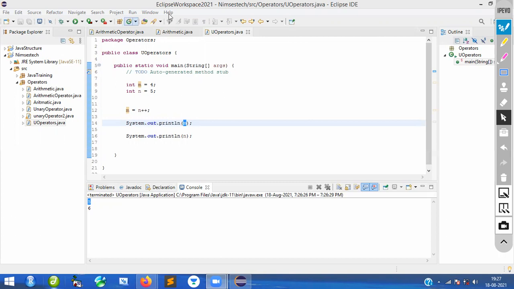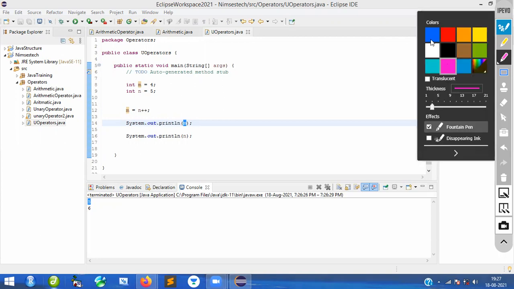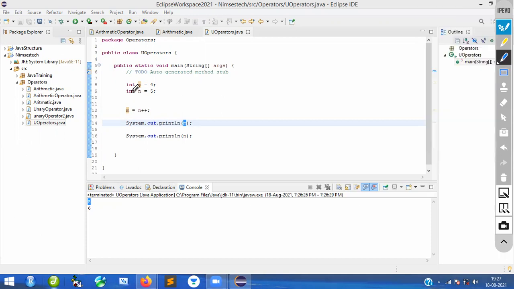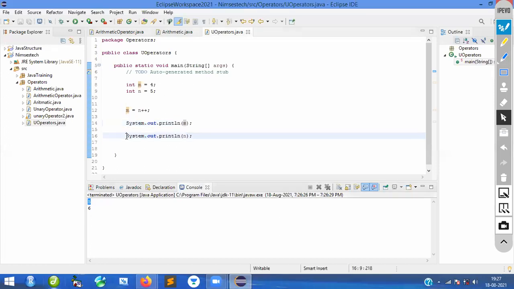Four, 5. Wait, guys, I will tell you, don't worry. That's why simple problems will be acting up. Be careful with these things. Increment and decrement will always give you trouble. So I will make it very simple. Just a moment. I will print m right now, and you will understand.